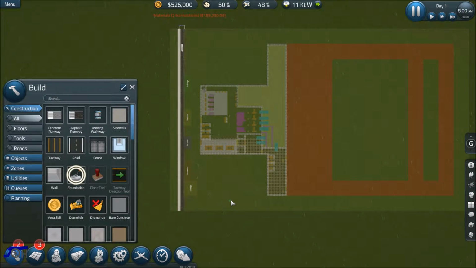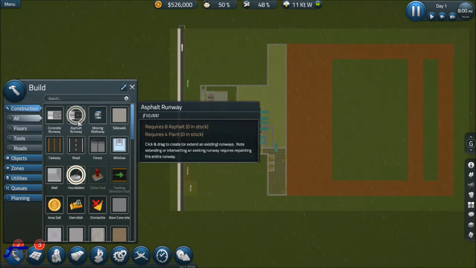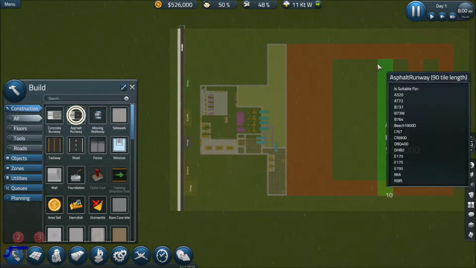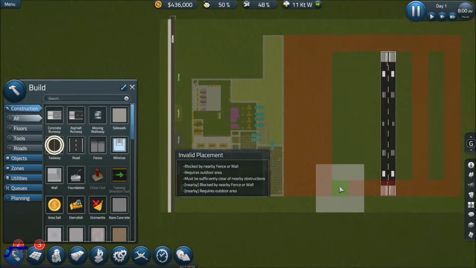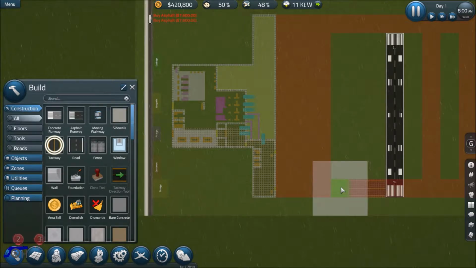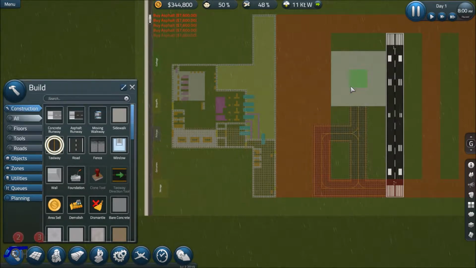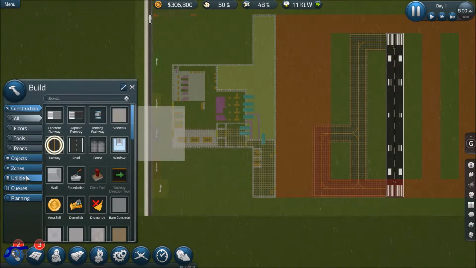All right. And whereas I was going to put the first runway over here, I'm going to build a different one kind of here, I think. This is one taxiway. This will be another. And then